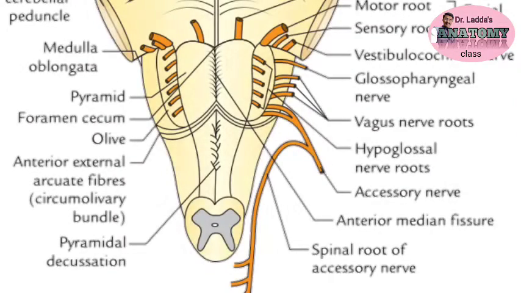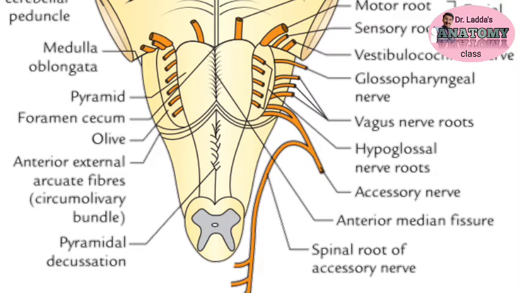Where? In the medulla oblongata. At the lower part of the medulla oblongata, there is one fissure, the motor fissure, which is also called the pyramidal fissure. This fissure elevates the part. And above, the 9th, 10th, 11th and 12th cranial nerves have their relation with the medulla oblongata. This is about the anterior aspect of the medulla oblongata.